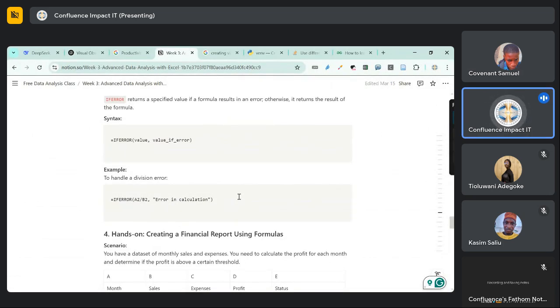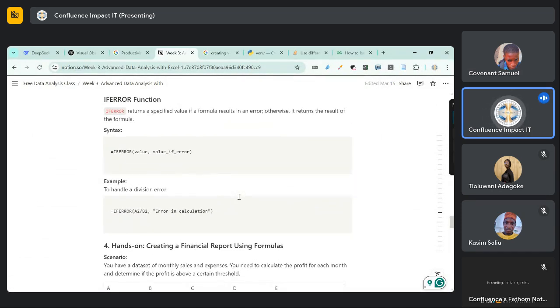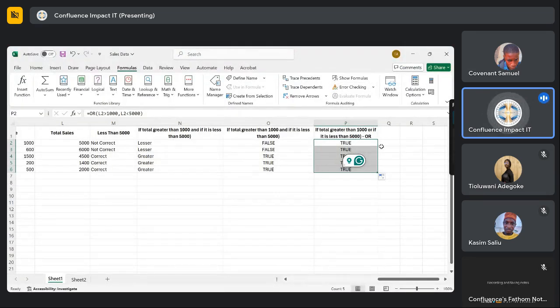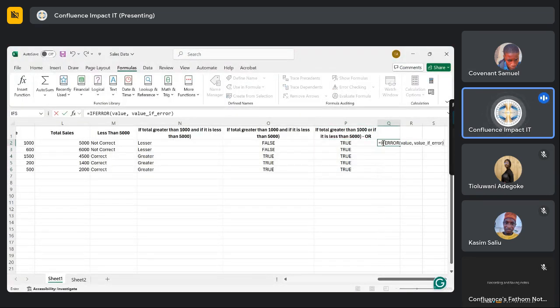Now let's quickly look at IFERROR. That is when you're trying to do a calculation and if there's an error, what should it actually do? So let's do a very funny calculation and let's see what it gives to us, right? If there's an error, what should it specify? Let's say we are trying to work on a massive Excel sheet and then we ran into an error. So let's say